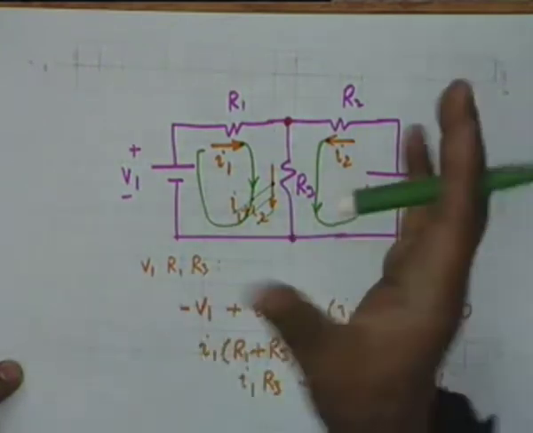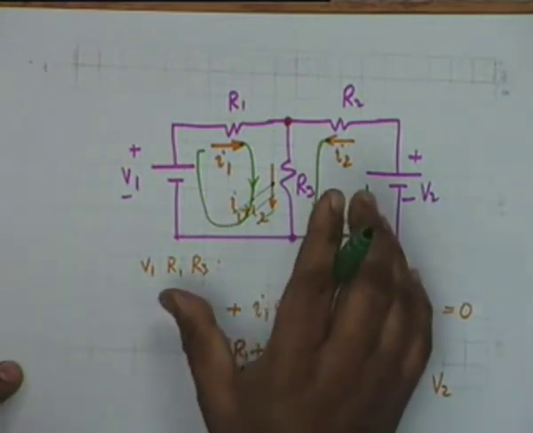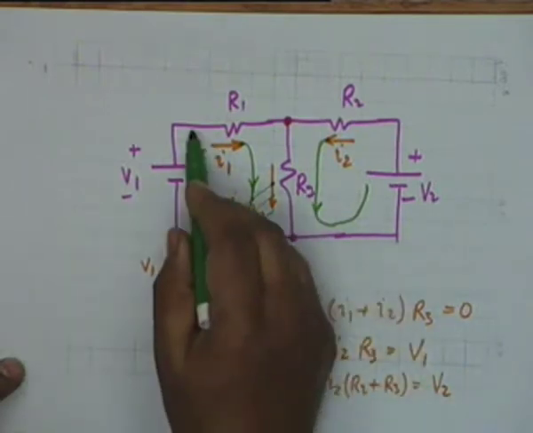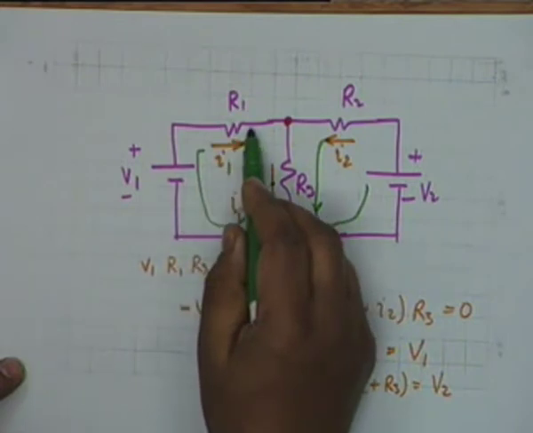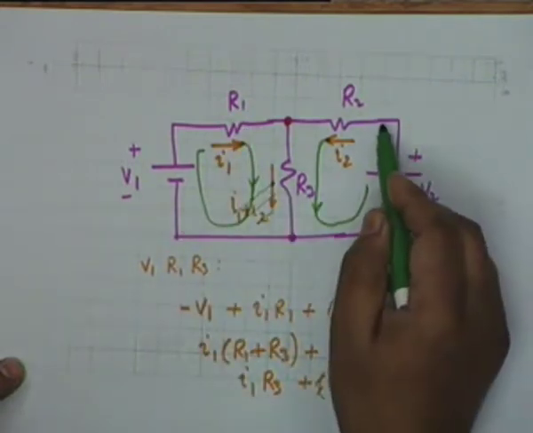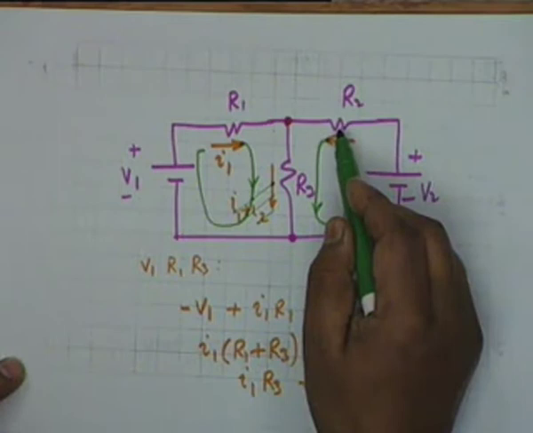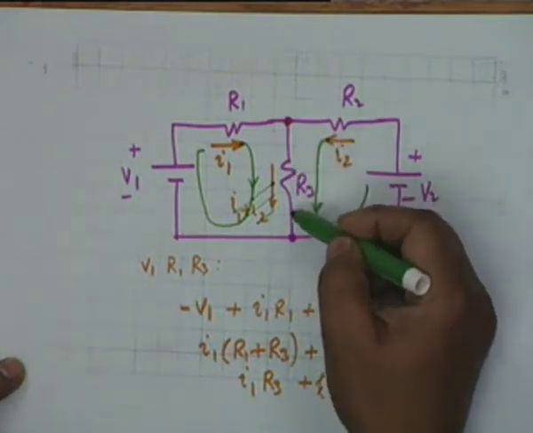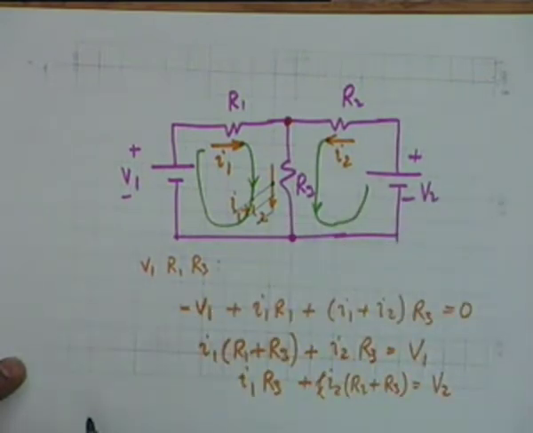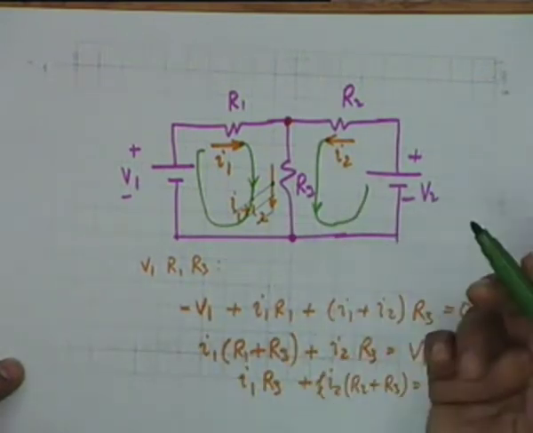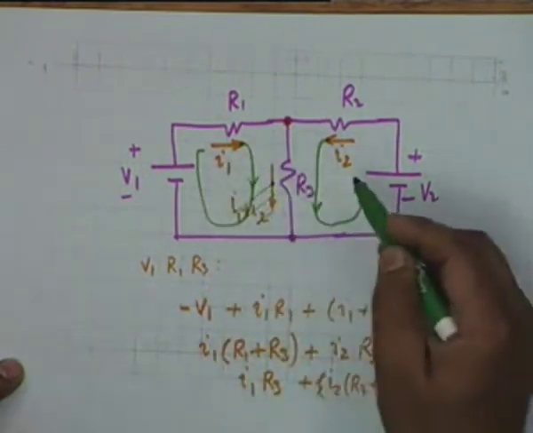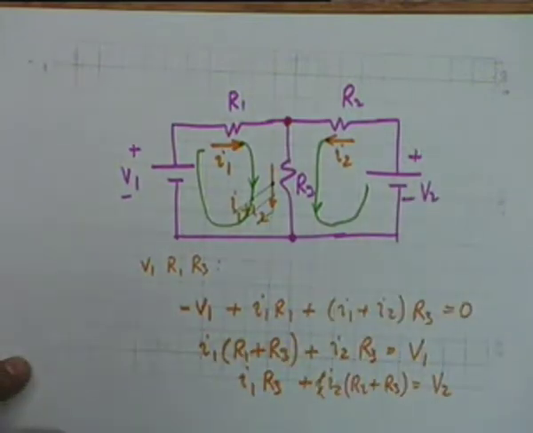So this is another way of looking at it, that you formulate loop currents instead of branch currents. What I did was formulate a current in the branch R1 and a current in the branch R2, and I found out by KCL the current in the branch R3 in the previous method. Whereas instead of that, one could formulate two loop currents like this, one is I1 and the other is I2.